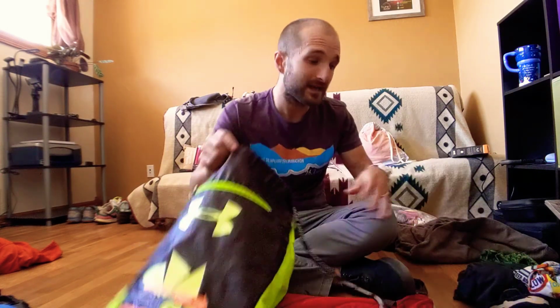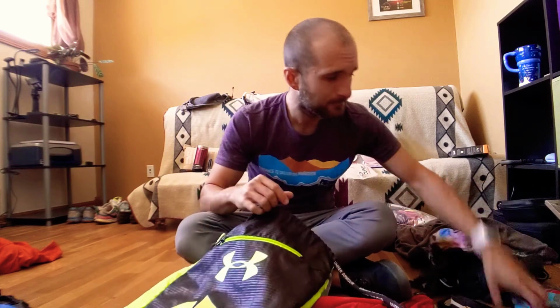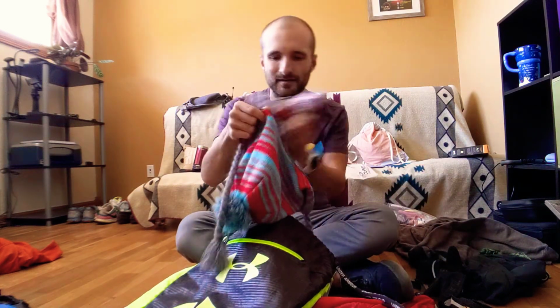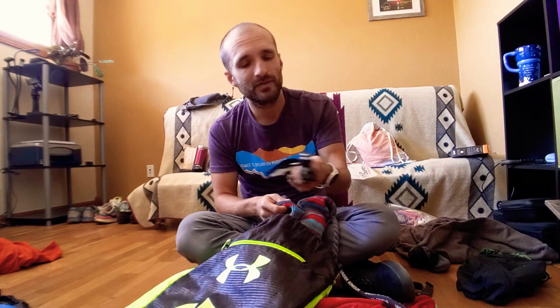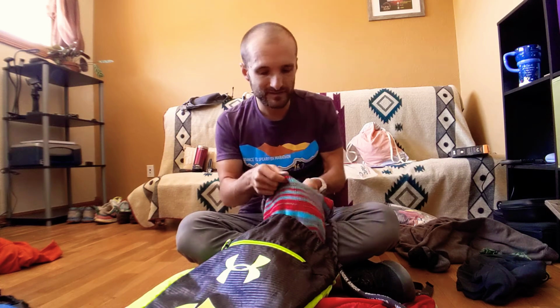And I'm planning on starting super nice and early in the morning, and it's going to be in the 30s that morning probably. So, hat, buff. I have gloves with mitten flaps on. And so this is my headlamp that I'll use the first night, and it's 1,000 lumens, but it will only last a few hours. So I'm just going to use this on full blast that first morning, leading up until